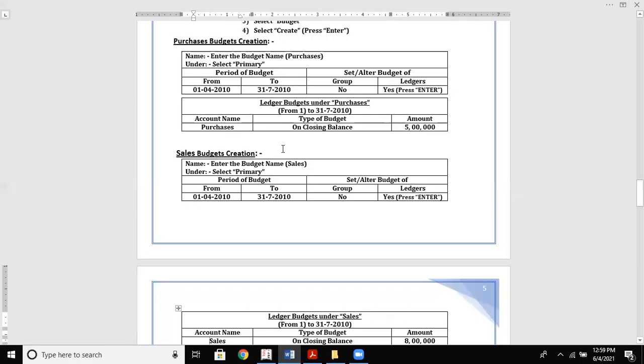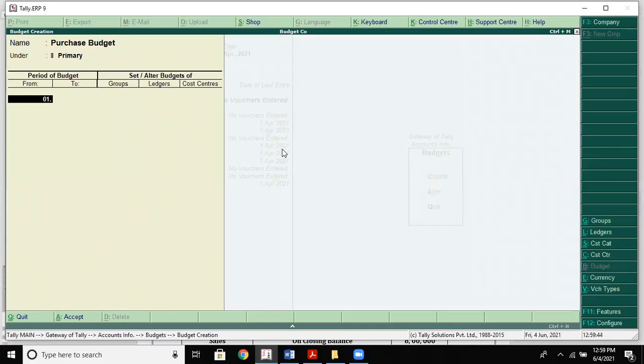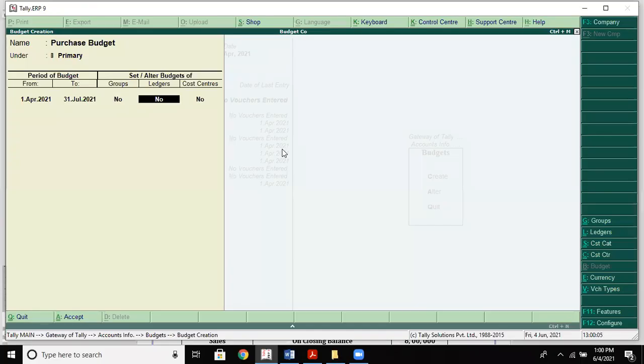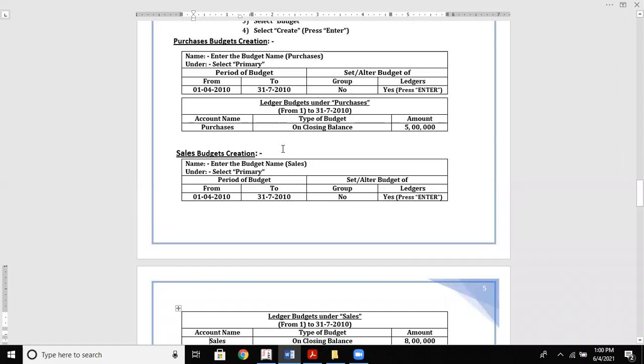Let us assume period of budget. Then group set, alter budget. Group should be no and ledger should be yes. So it has to be maintained by ledger. So if you want to go for other ledger, then you can create.